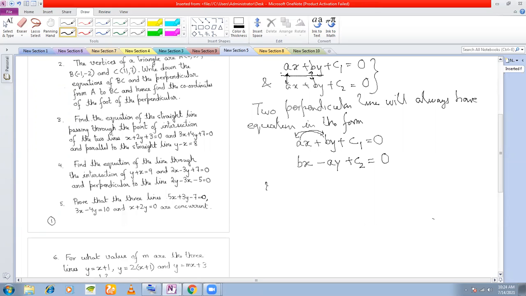Let us take an example. Suppose I give you a straight line 5x minus 2y plus 1 is equal to 0. So what will any perpendicular straight line to this line look like? Any straight line